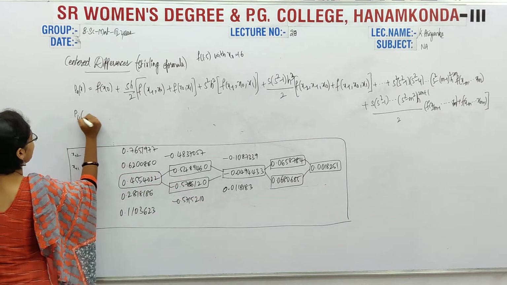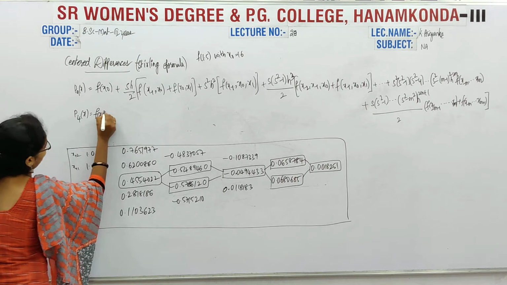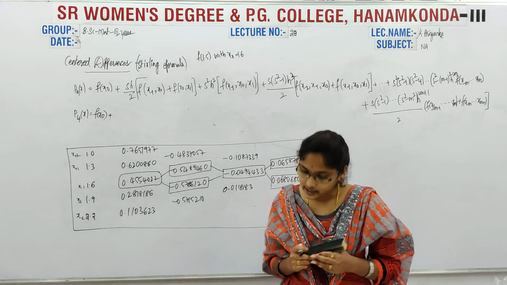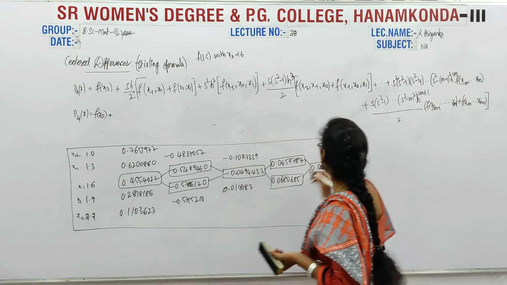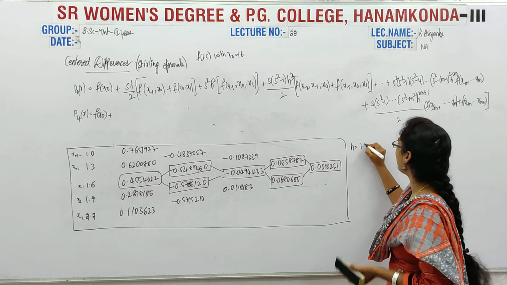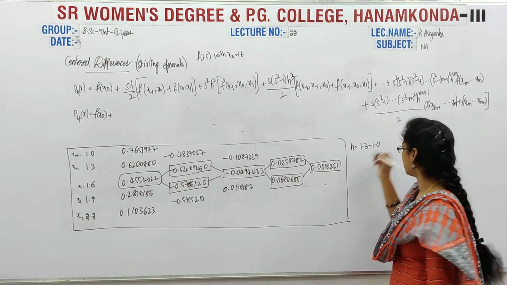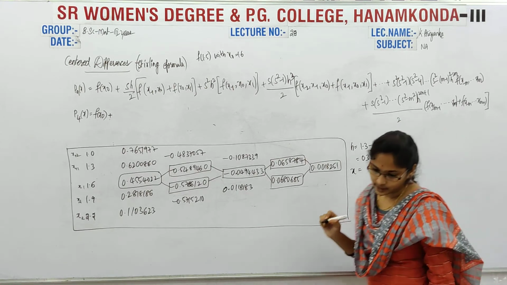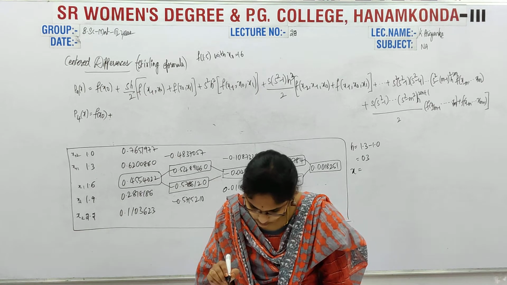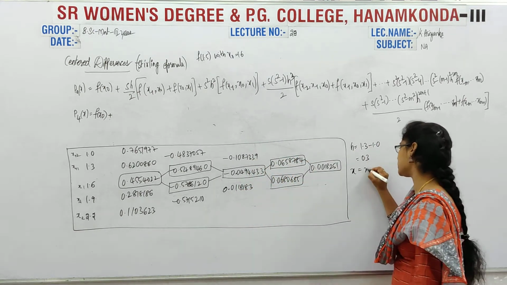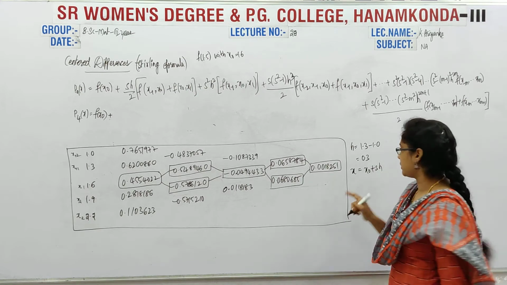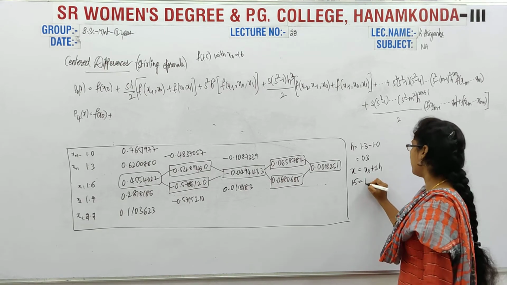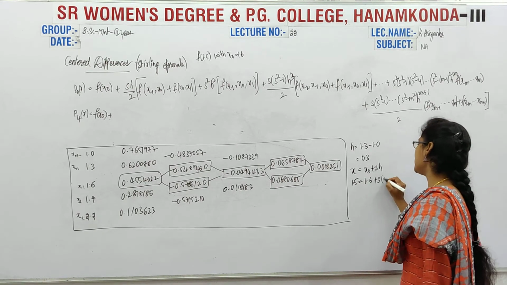P4 of x is equal to f of x naught, plus we have to know about the s and h. So how do we calculate the value of h here? H is nothing but, obviously we know, 1.3 minus this value, then it is nothing but 0.3. And here we have to calculate the value of s by using the concept of forward differences, x naught plus sh. What is x? 1.5 they gave, x naught is 1.6 plus s times 0.3.